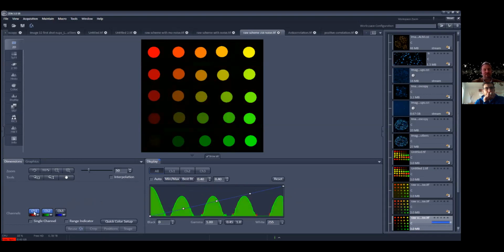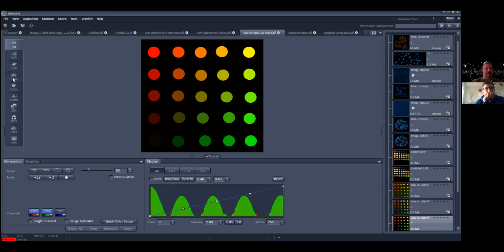If I turn on both channels, we get a combination of green and red. And we have a red-only object here on the top left corner, a green-only object on the bottom right corner, a green and red object here on the top corner, and a dim green-red object down here on the lower right corner. The idea now, and that has been developed some 30 or 40 years ago, is finding out which objects are both green and red and calling that co-localization. So the idea here is to take all the pixels and organize them in a histogram,